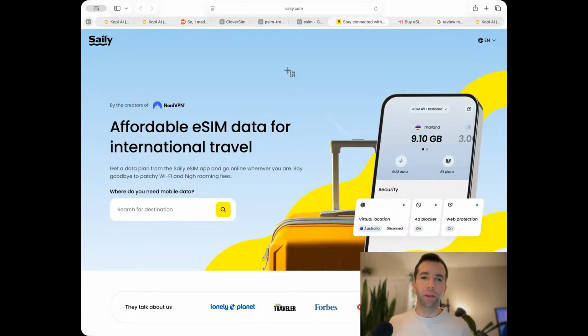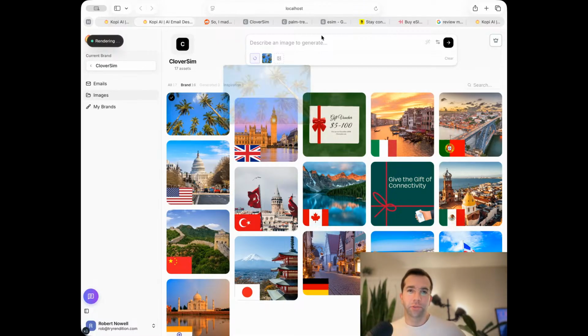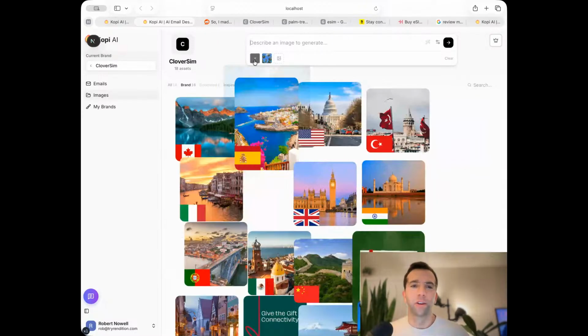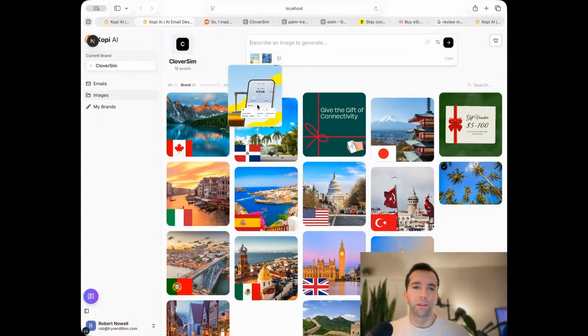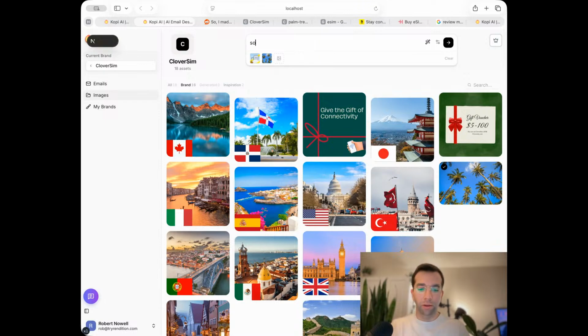So let's take a look here. And I'm just going to drop this reference from Saley in here. And you can see we have that reference of our current and what we like. So I like the Saley Shopify hero image featuring the phone and suitcase